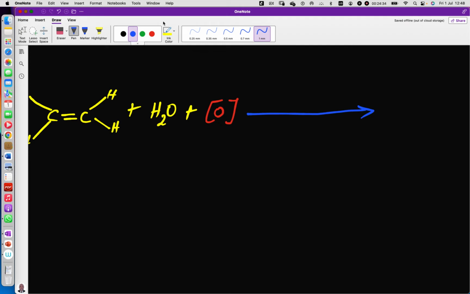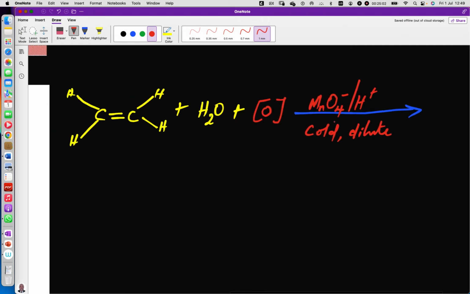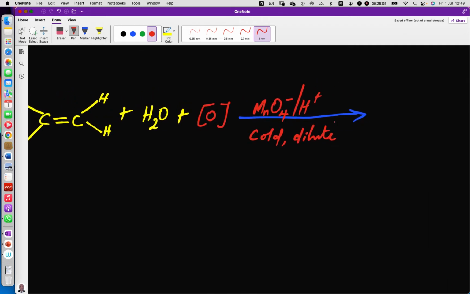And we are saying this is acidified manganate 7, which is cold dilute, and the product that we are going to have is a diol. What will be the diol? It will be